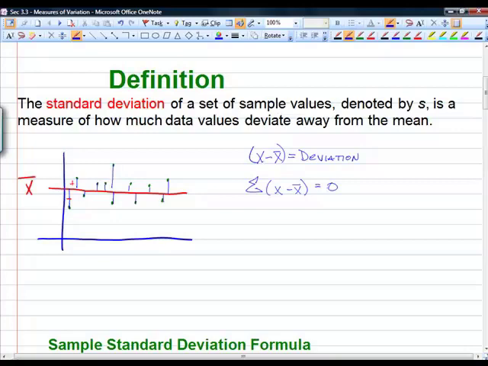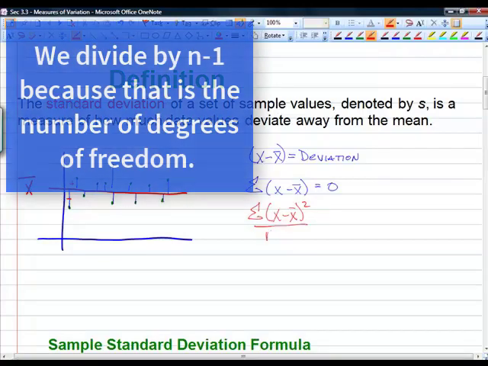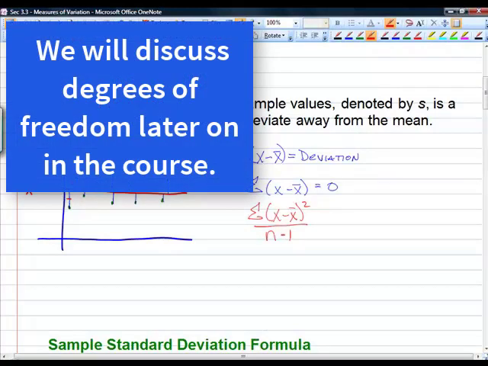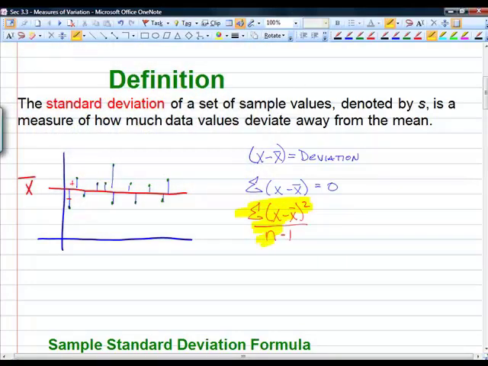So somebody said, well, okay, let's square this. Then the numbers are always positive, right? So what we did then is we said, okay, we'll square these deviations, and that's going to be a positive value. And we'll add them all up and divide by how many there are, minus 1. Now the minus 1 is going to be kind of trippy. This part right here should be okay. This part right here is how we come up with an average, right? You add up everything you have and divide by how many you have. That's what we do with the deviations to come up with an average deviation, but we have to say minus 1